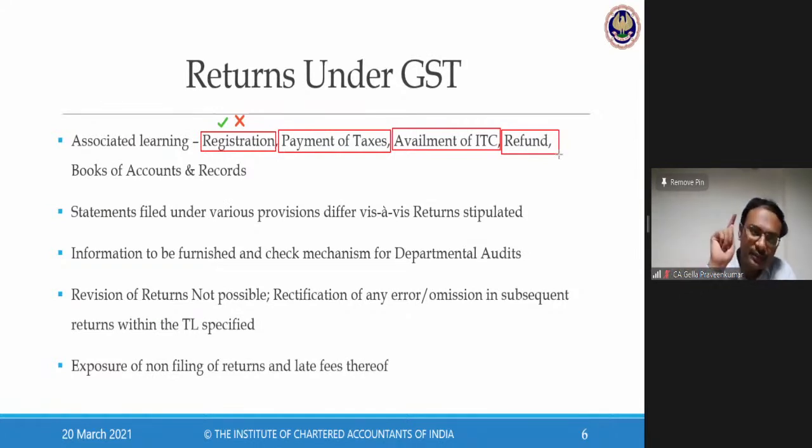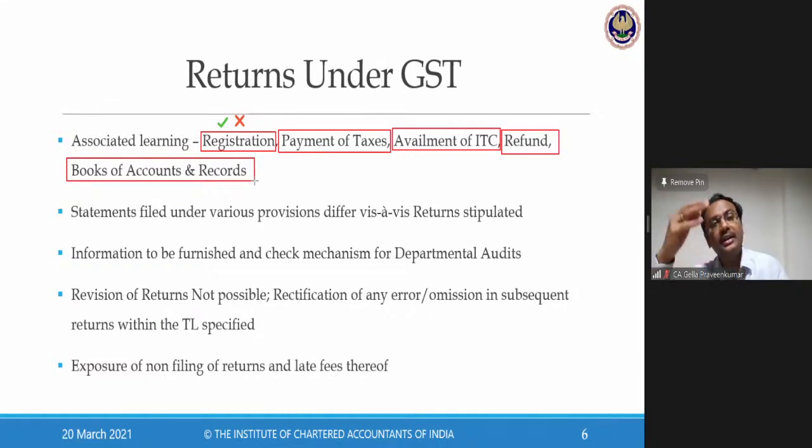So they say, unless you file your returns, unless you show your entitlement of ITC, your refund application cannot be accepted. The next important element is your books of accounts and records, where your annual returns under GST law come in. There's one slide I'm going to talk about today called annual returns. Section 35 read with rule 56 says you have to maintain your books of accounts, which will help you file your returns called annual returns. All the registered persons have to file annual return. When I come to that slide, I'll explain the concept we can learn from this element called books of accounts.